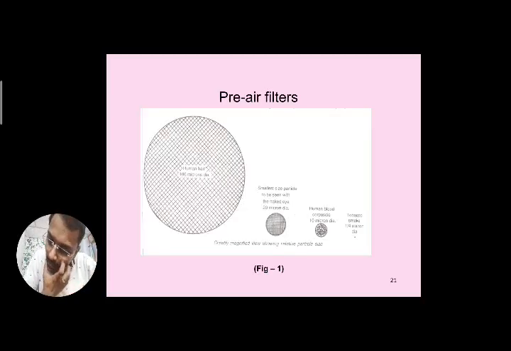Okay, coming to the next topic, that is regarding the air filters. Before that, we will see the pre-air filters, which are used to avoid any foreign particles present in the air. They may be visible, or they may not be visible. Depending on that, we can take a type of structure with a filter mesh that avoids a particular diameter of dust particles, or any micron-size particles which we cannot see with the naked eye, or which we can see with our naked eye.